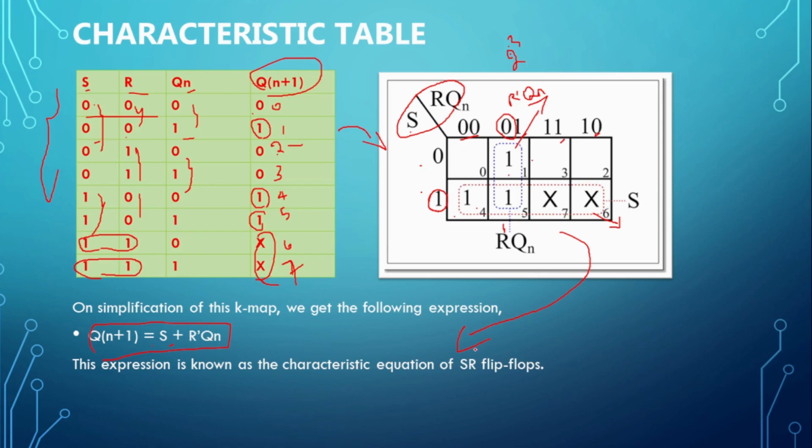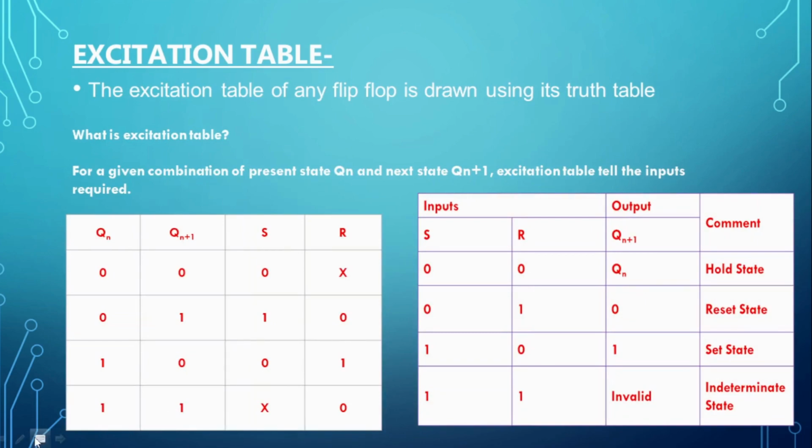This is the characteristic equation of SR flip-flop. Excitation table. Why do we need to use the excitation table? For a given combination of present state and next state, that is Qn plus 1, the excitation table tells the input required. In a flip-flop, you will have two output states, right? So with the help of the excitation table,